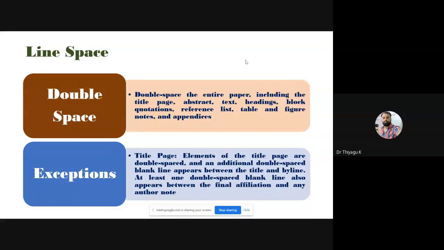If you look at most textbooks, they provide only one space. But in a research report, we have to go with double space. Double space in the entire paper, including title page, abstract, text, headings, block quotations, everywhere we can go with the same double spacing.